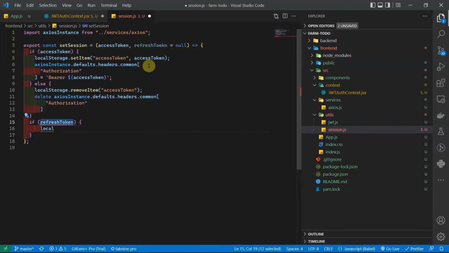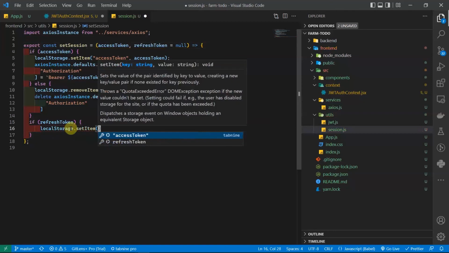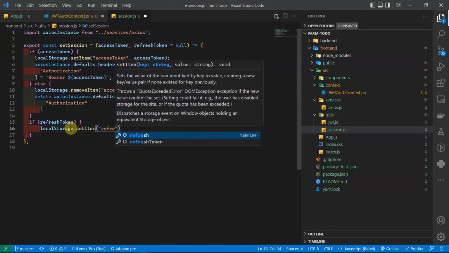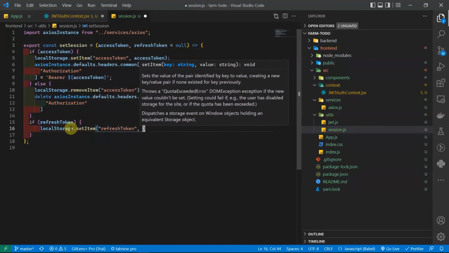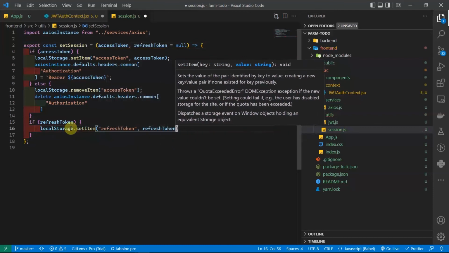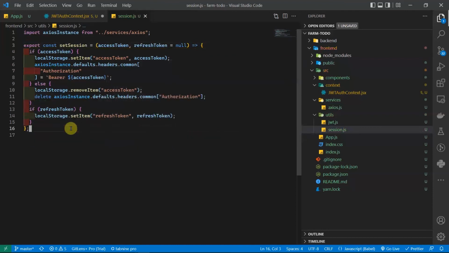Let's fix a typo: refresh token, and then localStorage.setItem with refresh token, and then refresh token. So that's it for this setSession function. It will basically just do two things. We'll pass the access token, it will save it to local storage, and then set it as the Axios instance headers, so our backend can parse this access token and just send us the response without throwing the forbidden or